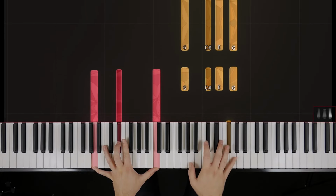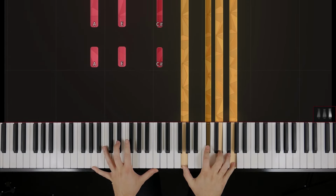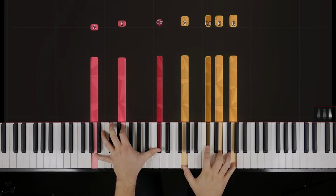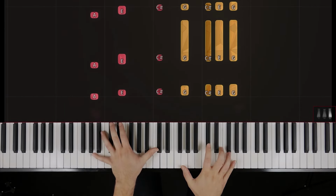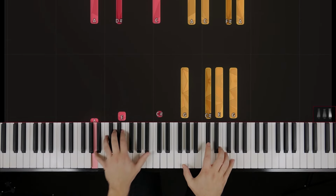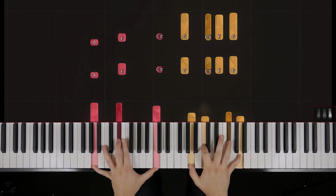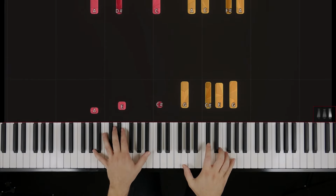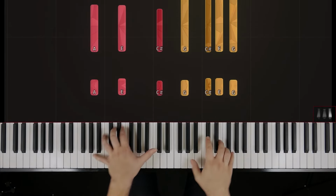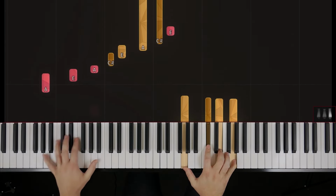Next, right hand 1, 2, 3, 5 in the left hand. Again, very wide, so you can just roll into it. But I like it solid. And then moving forward,